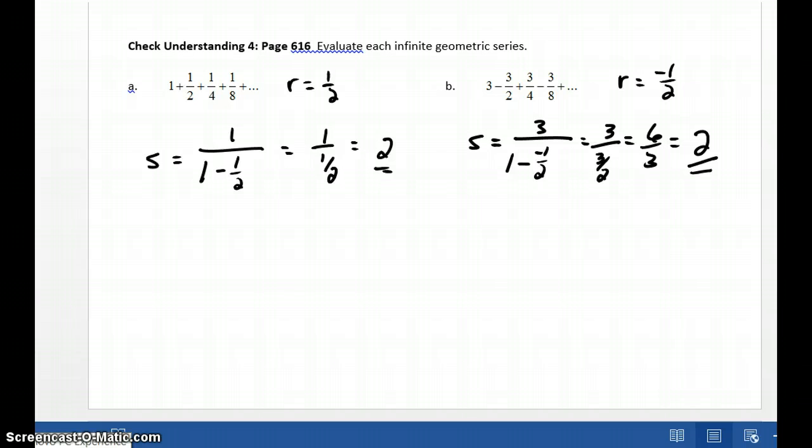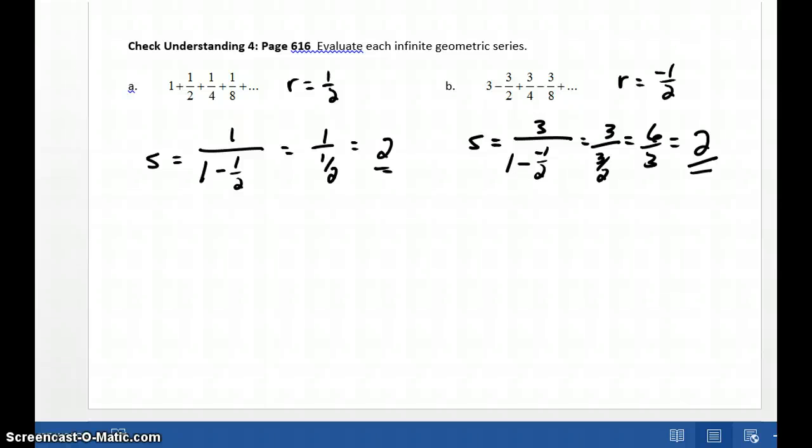All right, there I have shown the work. For the first one, the common ratio is 1/2. So I'll have 1, that's my first term, divided by 1 minus 1/2. So I have 1 over 1/2, which is simply 2. If I say 1 plus 1/2 plus 1/4 plus 1/8 plus 1/16 plus 1/32 plus 1/64 and add that up to infinity, I get closer and closer and closer to the number 2. So we say the